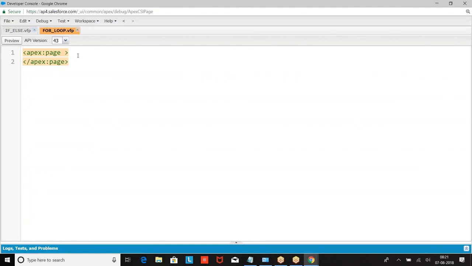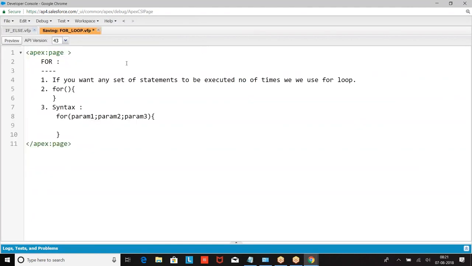So initialization is called param1, parameter 1. This will specify the initial value of the count.